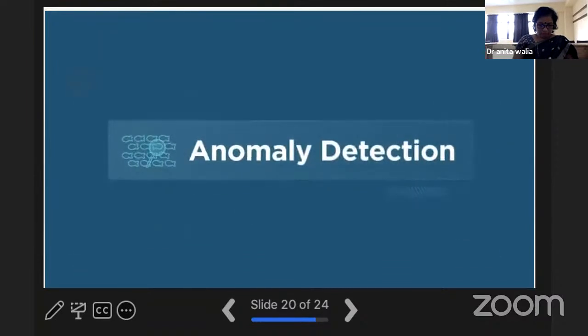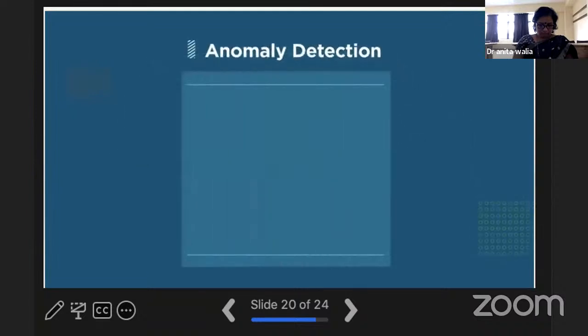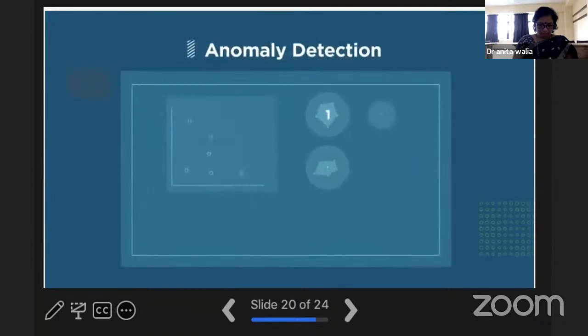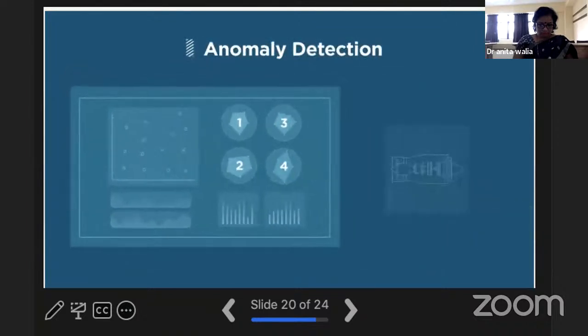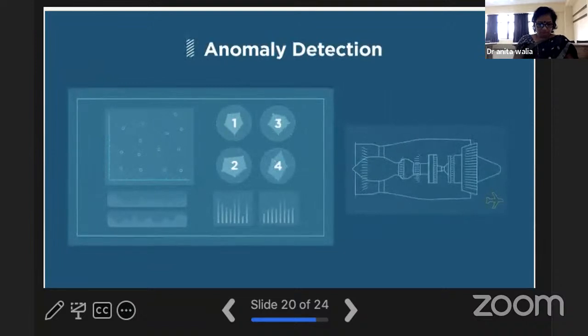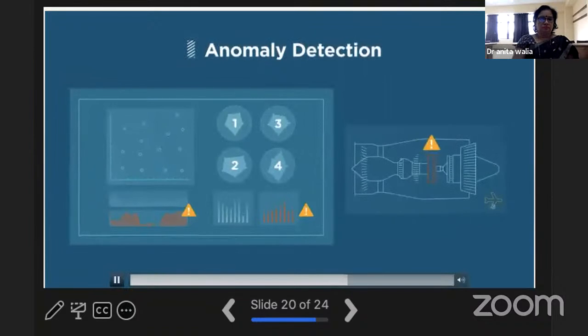Another type of unsupervised learning is anomaly detection. This is a technique that identifies rare events or outliers in data that are statistically different from the rest of the data. For example, real-time data from jet engines can be used to monitor the health of the equipment and detect if certain